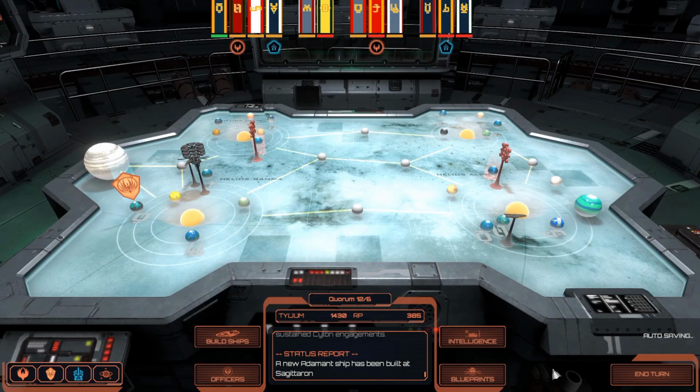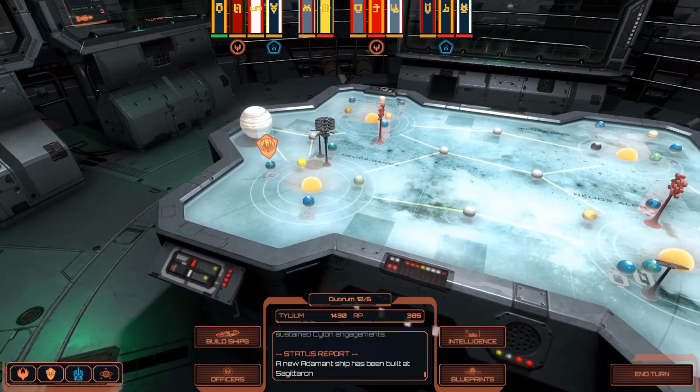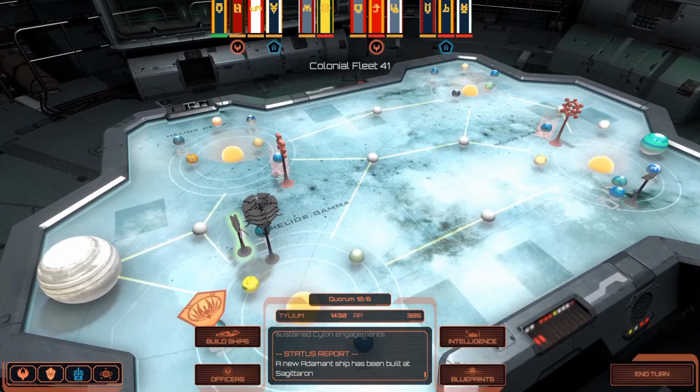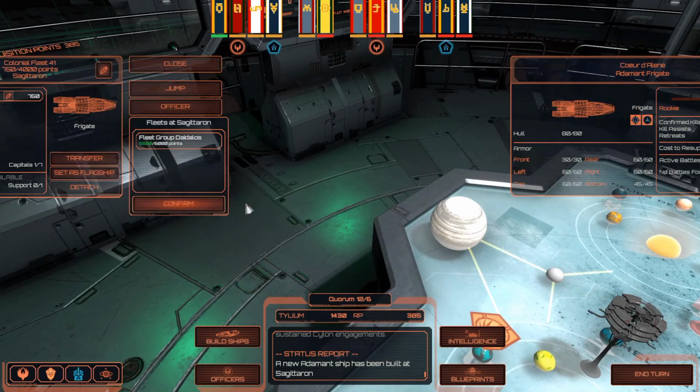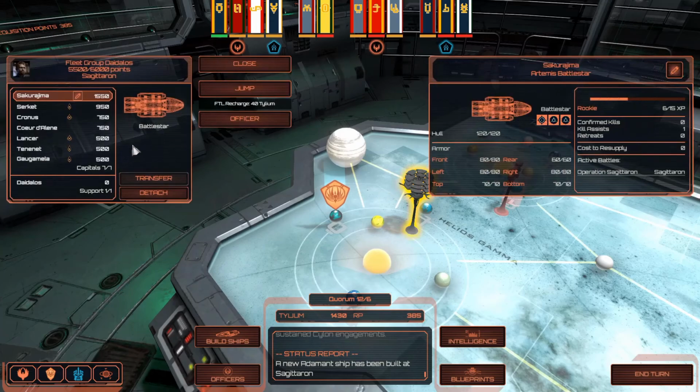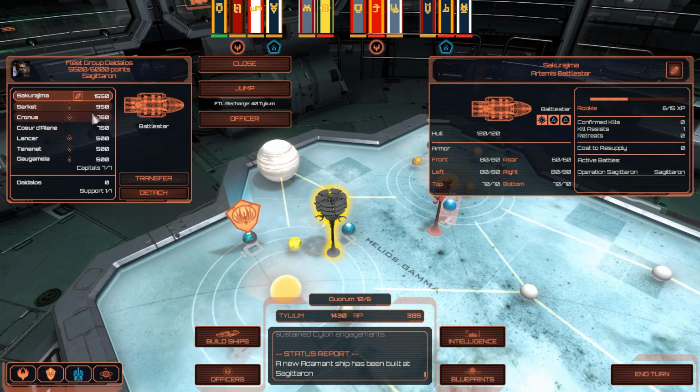Okay, great. With that done, let me quickly double check the length of the recording. 15 minutes seems reasonable. Okay, great. And what do we have here? The frigate is done, and we can move it over to the colonial group, the battle group here. So we have now a Battlestar, 2 frigates,